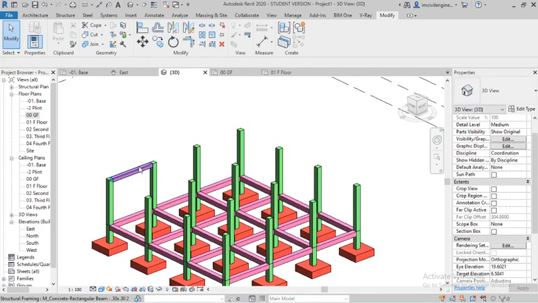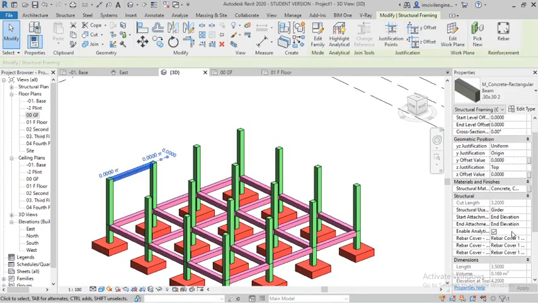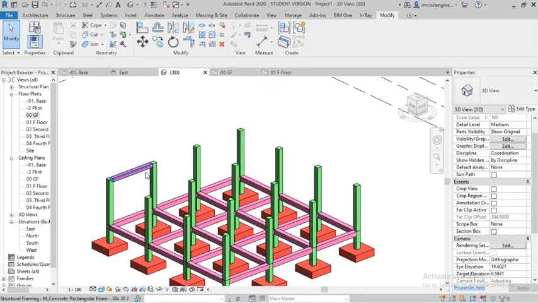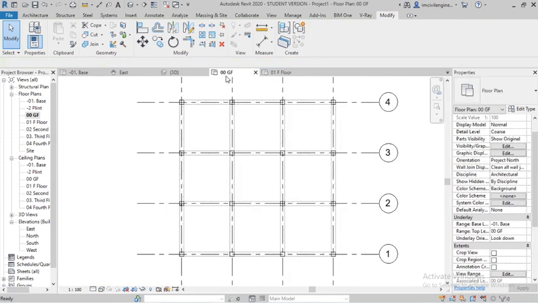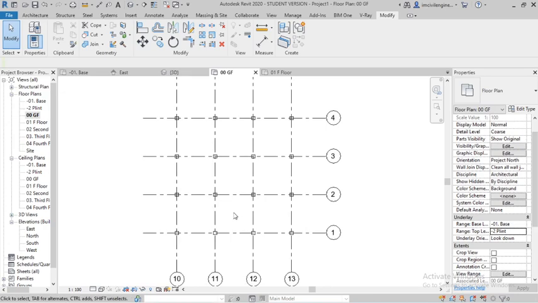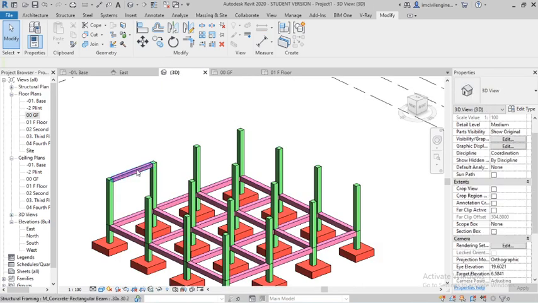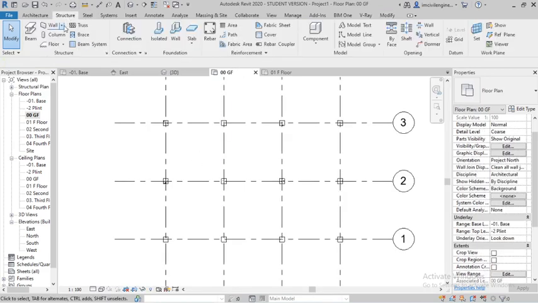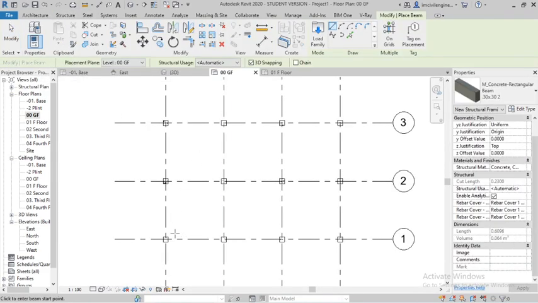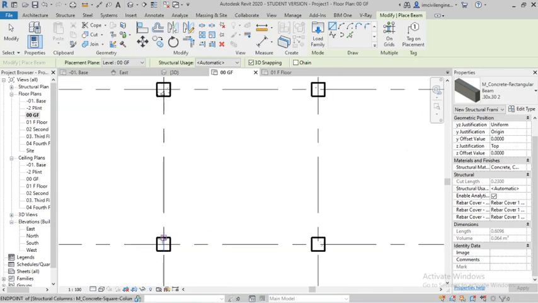You can draw, and you can copy also, but it's not visible. Drawing in the ground floor, but not visible. It is also not visible, so I can delete it. For that, go to the ground floor and I can draw the beams. See, does it work or not? I can draw beams from here to here.